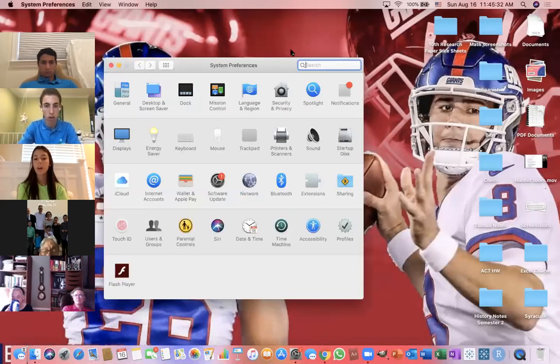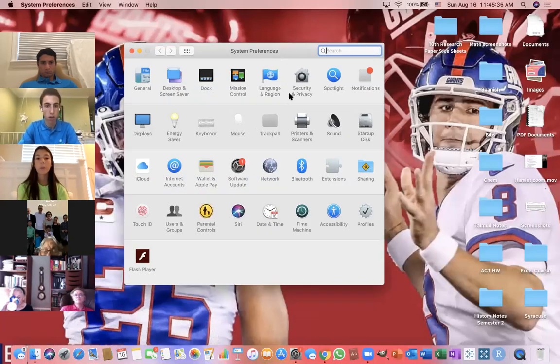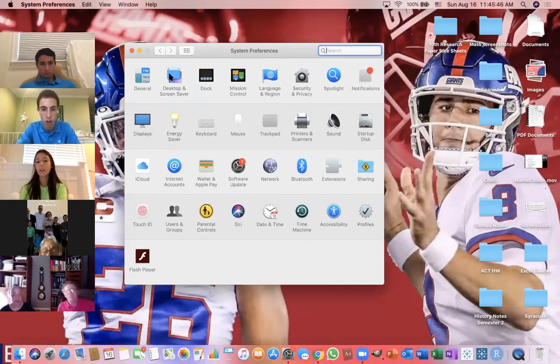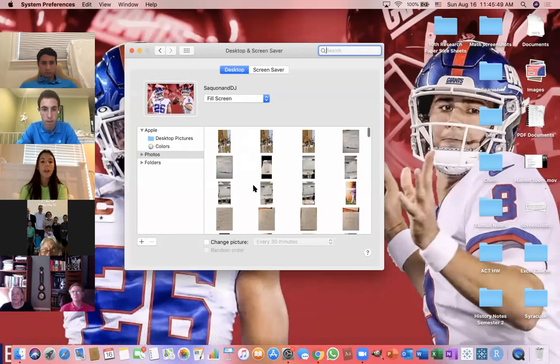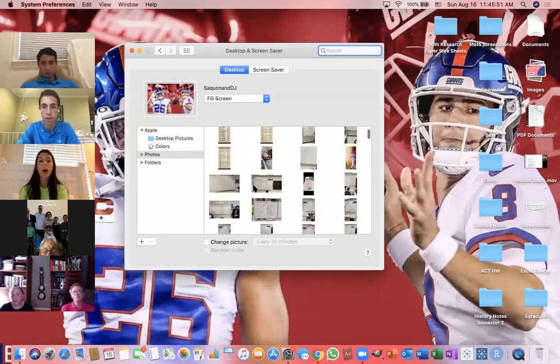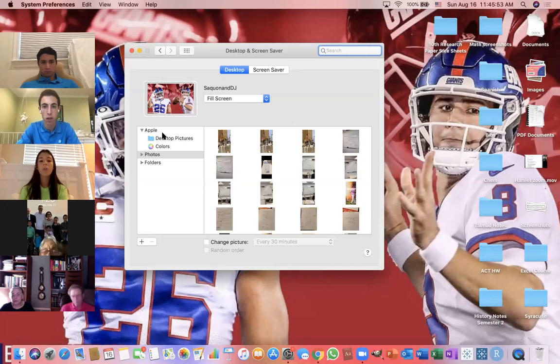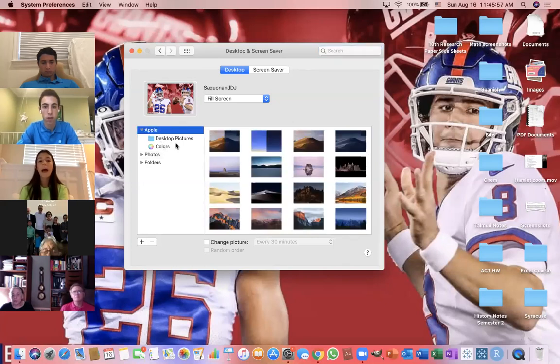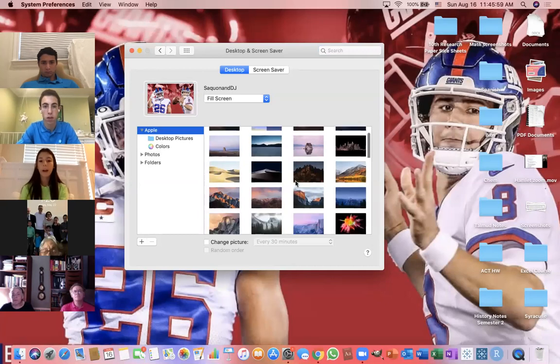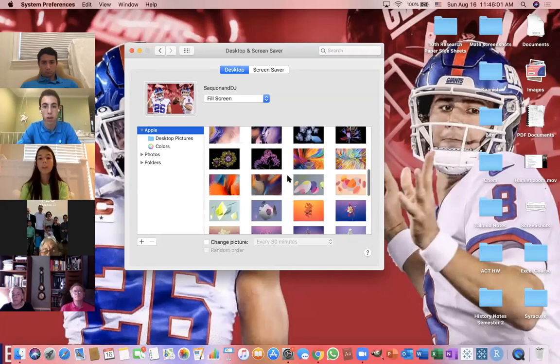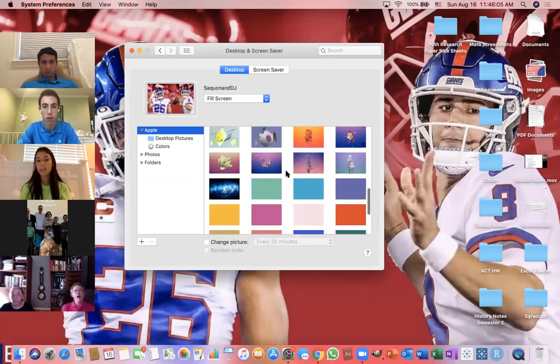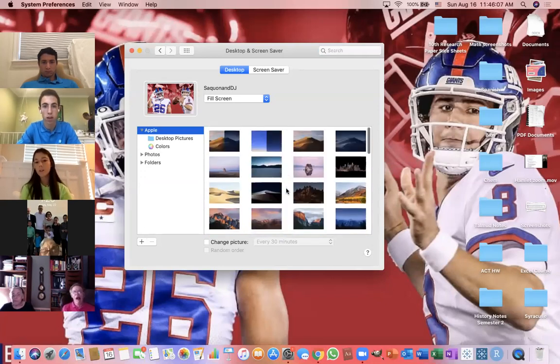So when Joe clicks on that app, it will give him the option second to the left, the second option, desktop and screensaver. And this will allow Joe to change his background from the picture he has right now to any other picture that he wants. So there are a couple options that you could see. The first thing is Joe can choose Apple. So these are all pre-made backgrounds that Apple provides for you. And they're pretty simple, colorful,